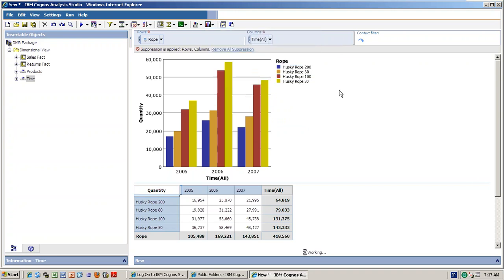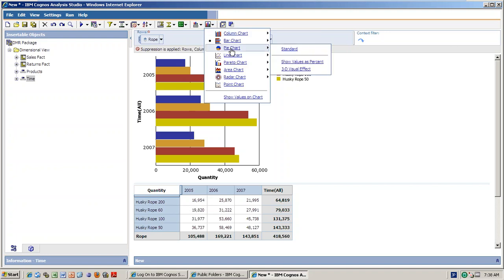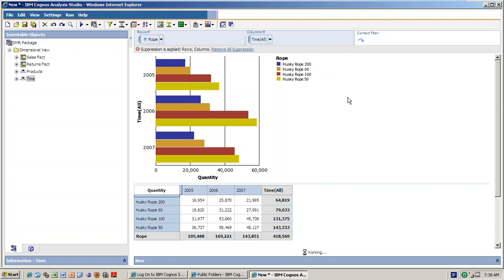So if I want the standard bar chart, you can see the standard pie chart.